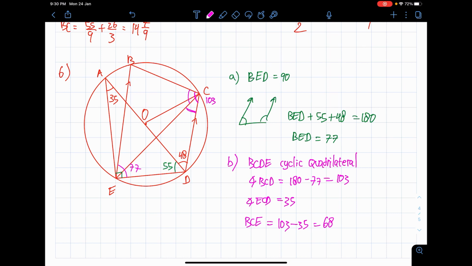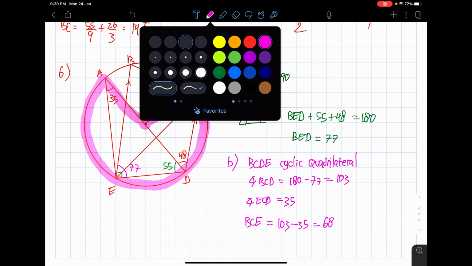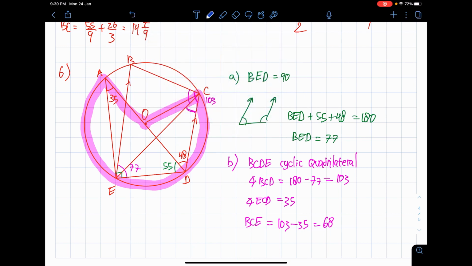The major sector that they actually meant, bear with me, is actually very weird. It's actually this entire thing over here. Okay lah, maybe not so weird, it's just that there are so many lines, it's actually quite difficult to focus on one objective. Alright. Anyway, before we begin to dissect that angle, I'm going to add a little bit. Because this is a sector, it's crucial that we have the angle in the sector. And I have found out what we need to do.